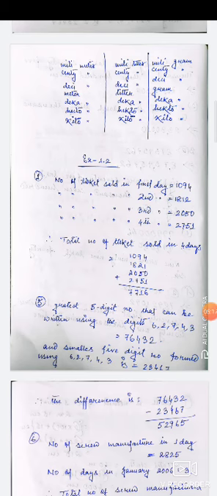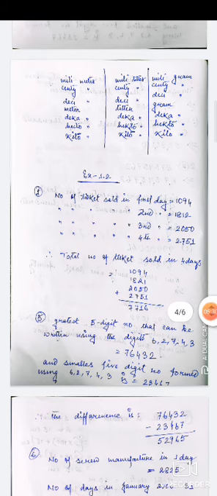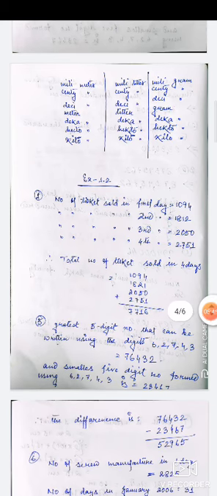Okay. If we go upward from kilo to meter, how many units are between these two? Kilo, hecto, deca, meter. So from kilo to hecto we multiply by 10, hecto to deca we multiply by 10, and deca to meter we multiply by 10. So how many tens do we multiply? 3 tens. 10 into 10 into 10, that is 1000. That means 1 kilo is equal to 1000 meter.